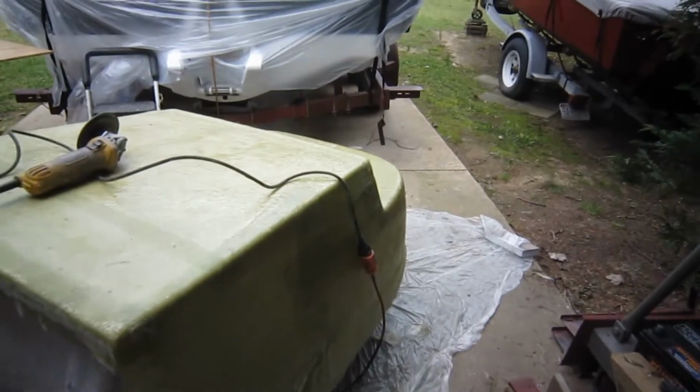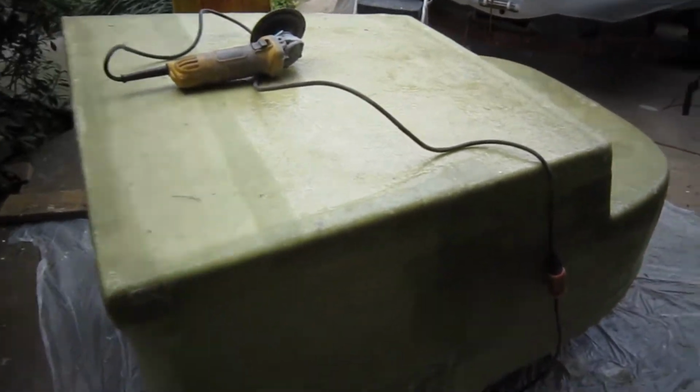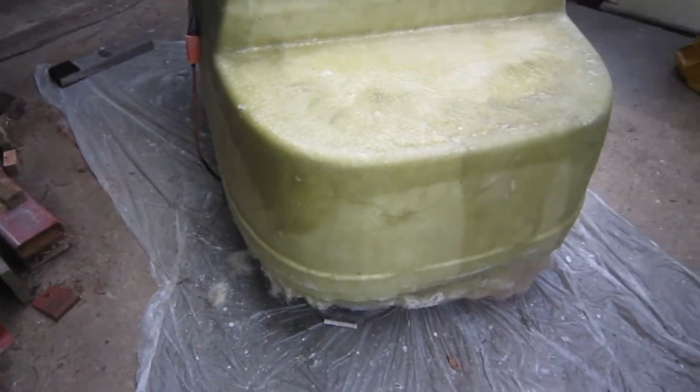Welcome to another day. We're just out here looking over our box. Looks pretty darn good. A few things dropped on it overnight, but that won't hurt nothing. I got ahead, I did a little